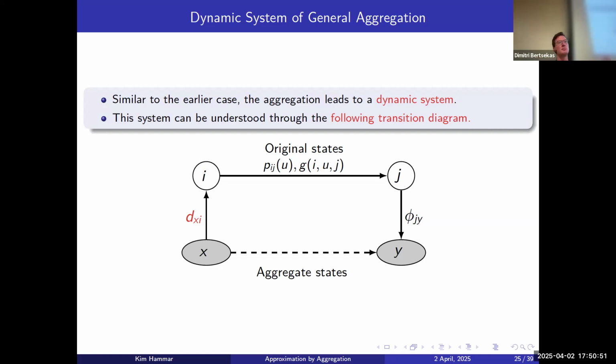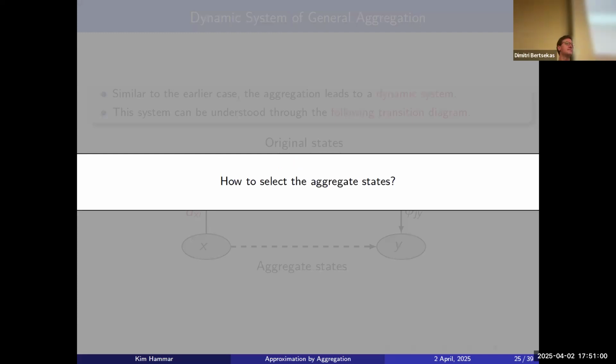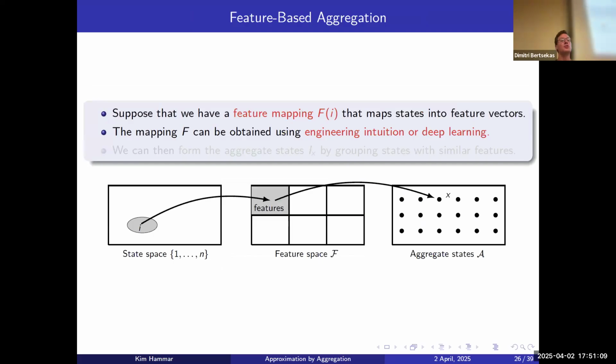So in that way, much of the previous framework carries over. But the main question here when you use general aggregation is, how do we select those aggregate states? And there are different ways that you can do this, but one of the most principled and common ways in practice is so-called feature-based aggregation, where you have a feature mapping that associates each original state with a set of features that describe the states in some way, properties of the state. And these features are often comparable. So then we can use those features to form the aggregate states by simply grouping together states that have similar